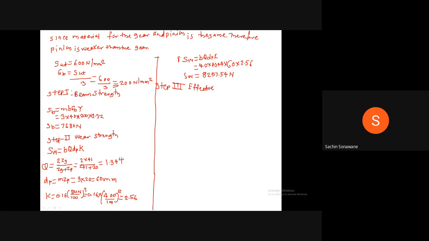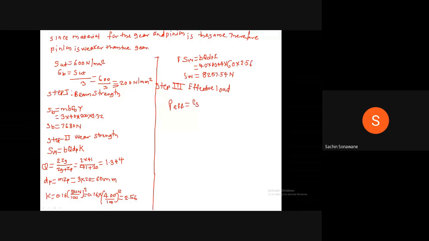What is the formula of effective load during the initial stage of gear design? We have seen effective load P effective is equal to